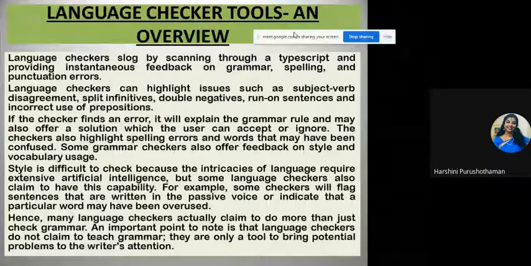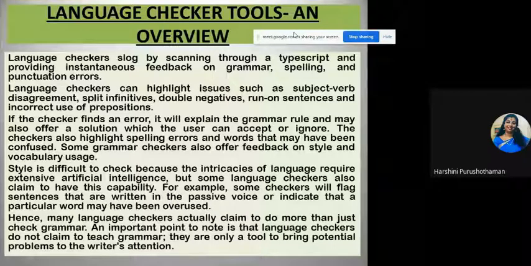It just scans whatever you upload and provides immediate feedback. Whereas when a thesis comes to me, I take about a week or so to correct. But online tools take hardly a few minutes. Okay, then it provides immediate feedback on grammar, spelling, and punctuation errors.